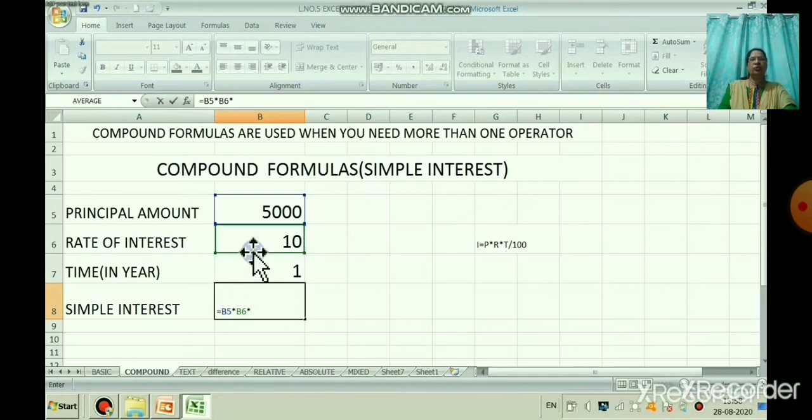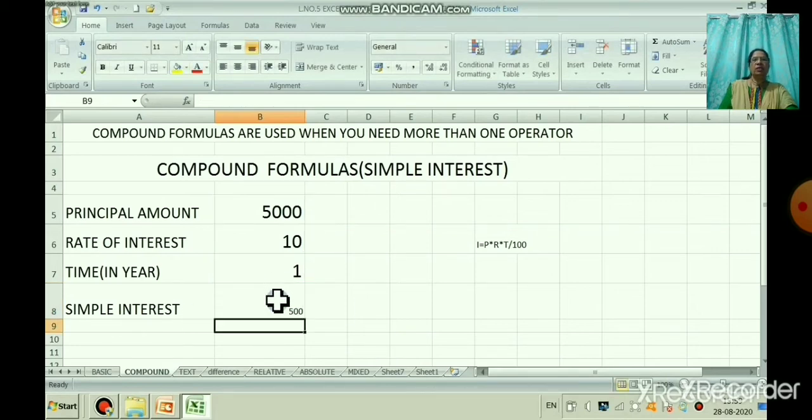This you have learnt, into B6, right. Okay. And yes, into again B7, right, and the forward slash, that is a divide sign, we are going to calculate interest, right. So, it is divided by 100. Yes. So, what is the formula? Simple interest I is equal to P into R into T divided upon 100, right. So, I means simple interest.